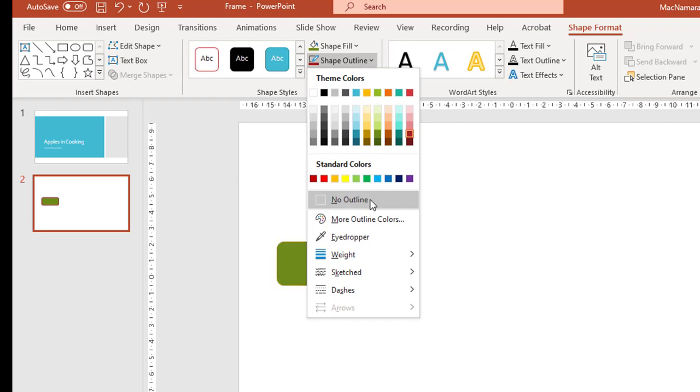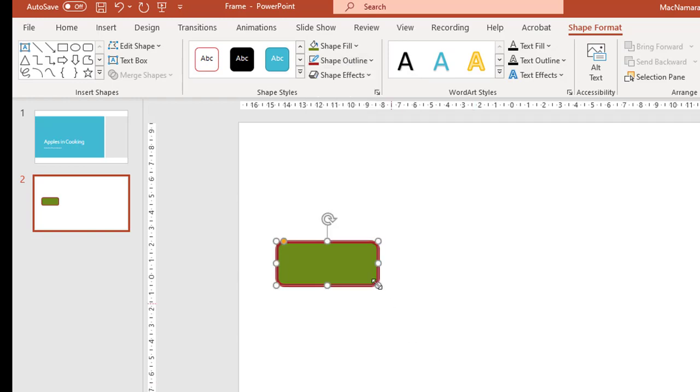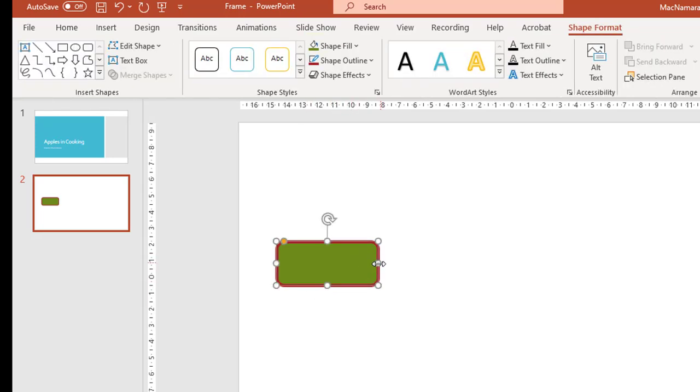So I'm going to go to shape outline. I'm going to change the weight of the shape outline and make it nice and fat so you can see it. So you can see I've got that coloured outline. It's a thick outline and the colour on the inside. So other things I can do with the shape fill is, with this item still selected, I can go to